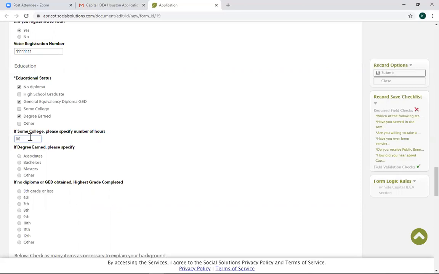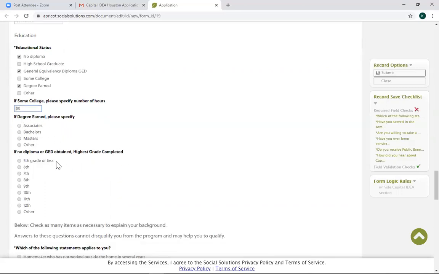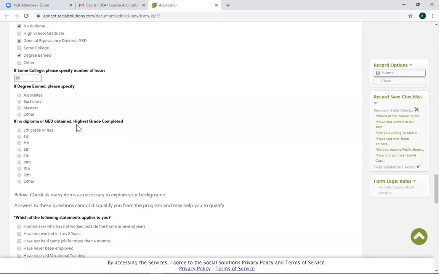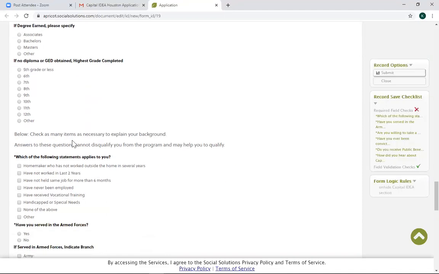If you have some college hours, we would like to know how many credit hours you have. If you've earned a degree, please specify which degree. If you do not have a diploma or a GED, please let us know the highest grade that you have completed. And we would also like for you to move forward by checking as many items as necessary to explain your